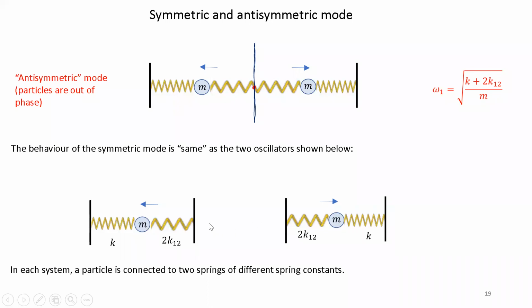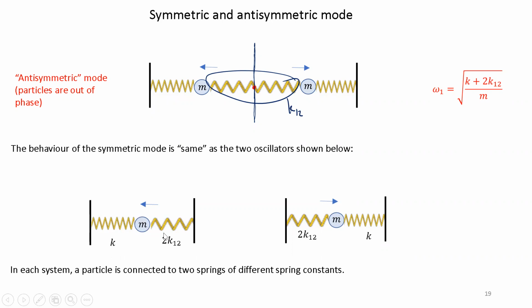However, the length of this spring is just half of the original length, and the length of this spring is also half of the original length. Now I told you last time that if I cut the spring in half, the spring constant will be double. So originally the spring constant of this spring is K12, and if you cut it in half, you have double this, so 2K12. So for this one mass two spring system,